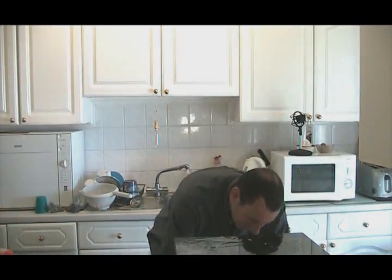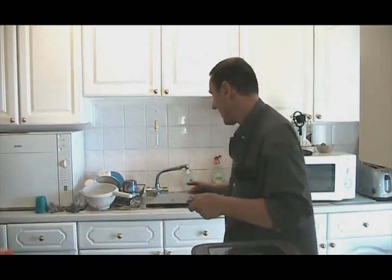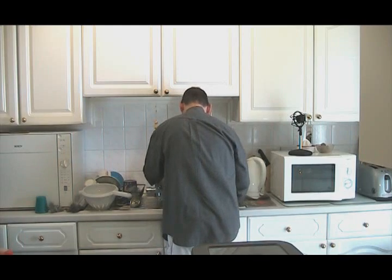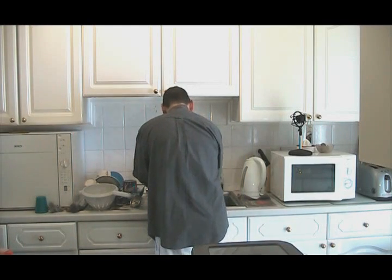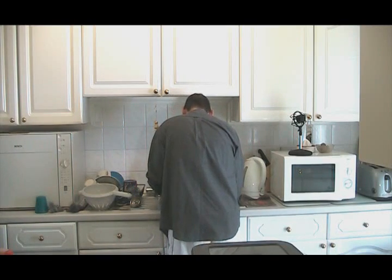Don't put the top on, right? Leave the top off, 190. Now that wants to be in there for about 45 minutes, okay, on 190. No, actually, that's probably a bit too long. About 30 minutes on 190, after which time,